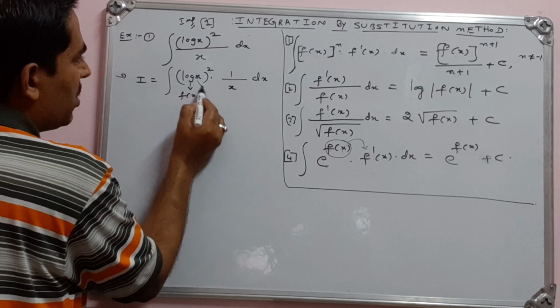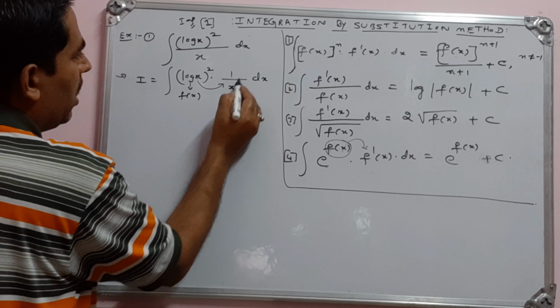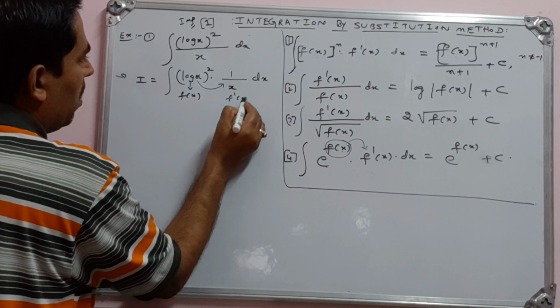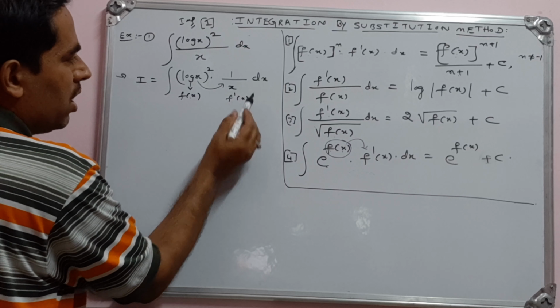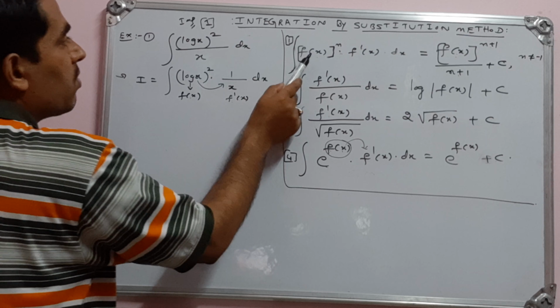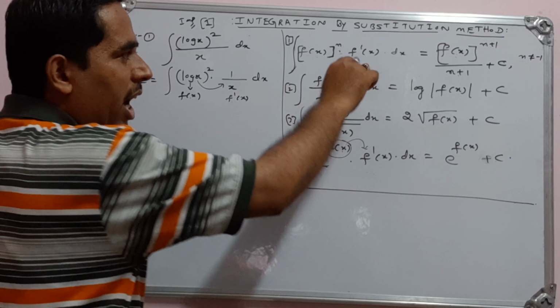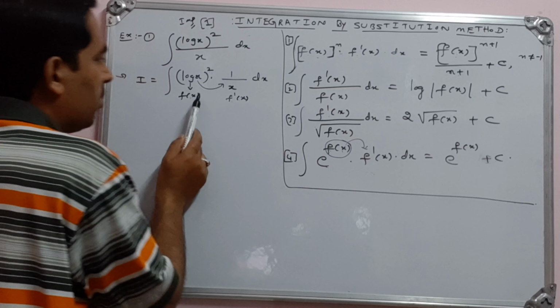Then if I differentiate log x, I will get what? 1 by x. Derivative of log x is 1 by x. So it is exactly, see here, f of x whole to the power of n into derivative, that is f dash x. Okay, it is of this form. We have to write this separately. I have written it on the board, that's why I am not writing it. So f of x whole to the power of n into f dash x. It is of this form.